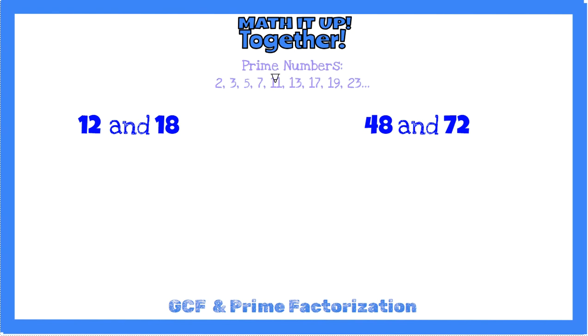So, for instance, we see some prime numbers here. You take 5. 1 will divide evenly into 5, and 5 will divide evenly into 5 with no remainder, fractional parts, or decimals. So that's it. And all of these numbers have that same situation where there are only 2 factors, and one will be the number 1 and one will be the number itself. So that's what a prime number is, and we're going to be using prime numbers to factor these numbers and